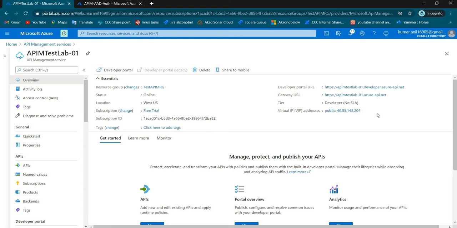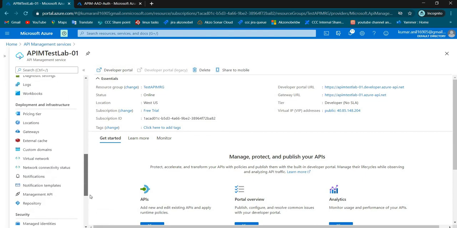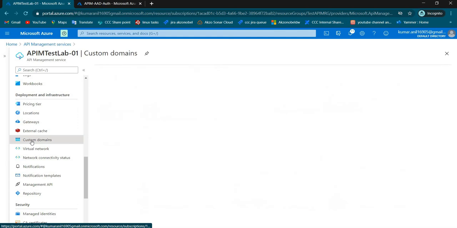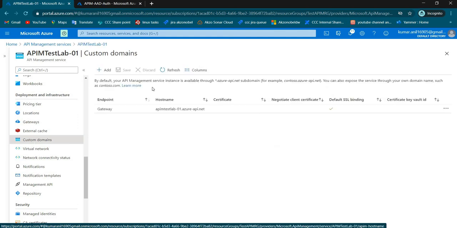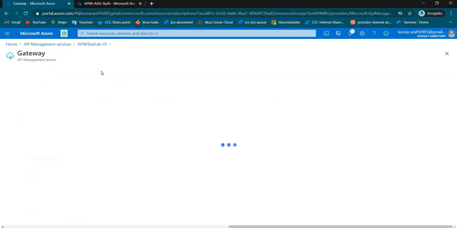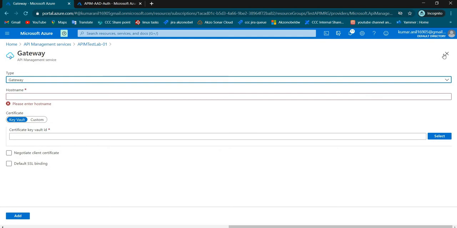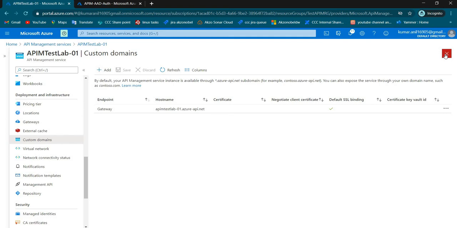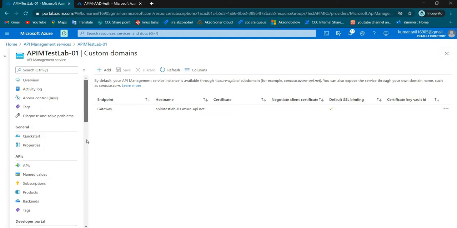value which I'm using, but in real time companies will have a different domain which has to be defined under custom domains. You can see there is an option called custom domains. So you have to add the custom domains according to the company, and that is a different setup where you have to configure a lot of things, including the DNS. So I'm not going to discuss that in this demo. Let me take you back to identities.